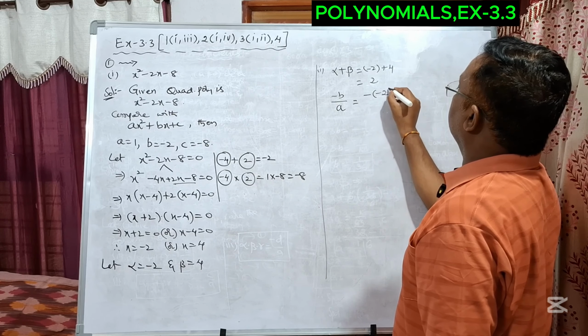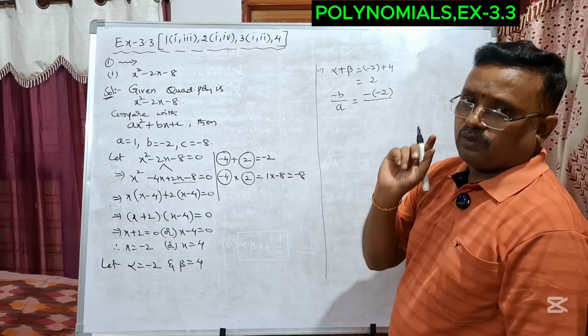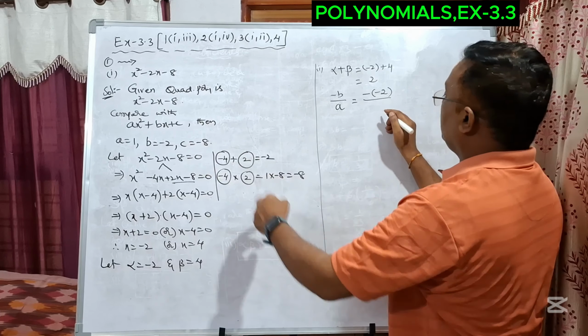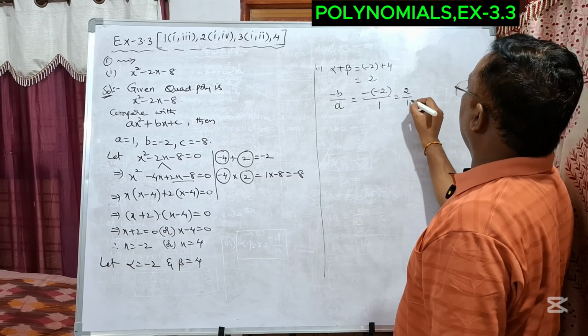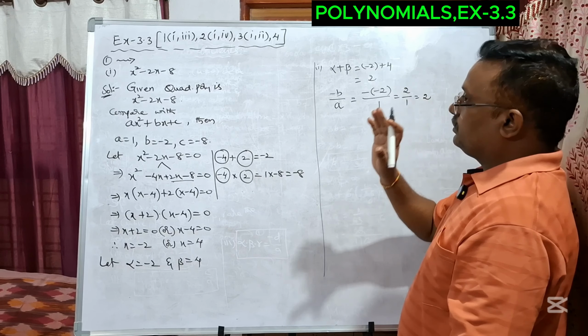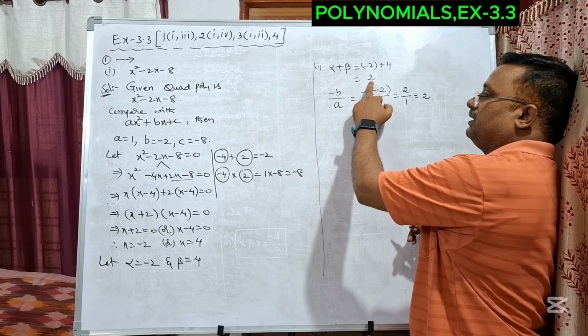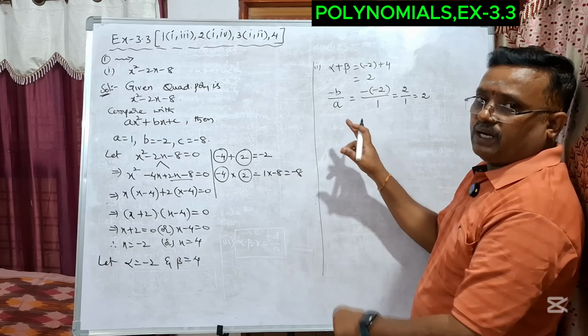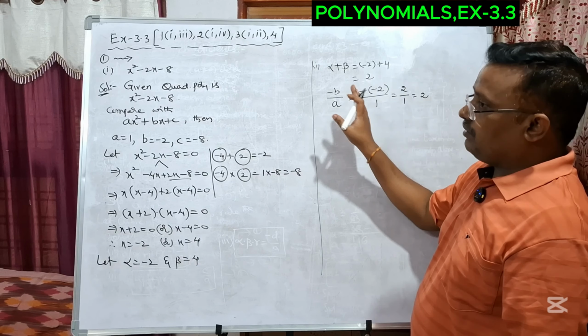B value is minus 2. Be careful while writing the signs of the coefficients. The a value is 1. This is equal to minus of minus 2 by 1, that is equal to 2. So the left side value alpha plus beta we calculated, we got 2, and the right side value minus b by a, we got 2. Now we observe that